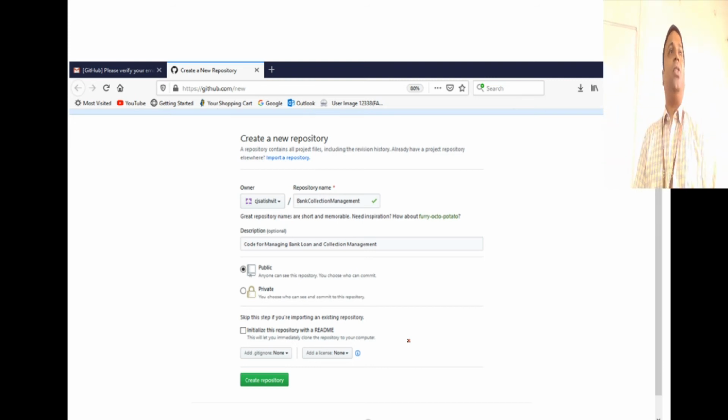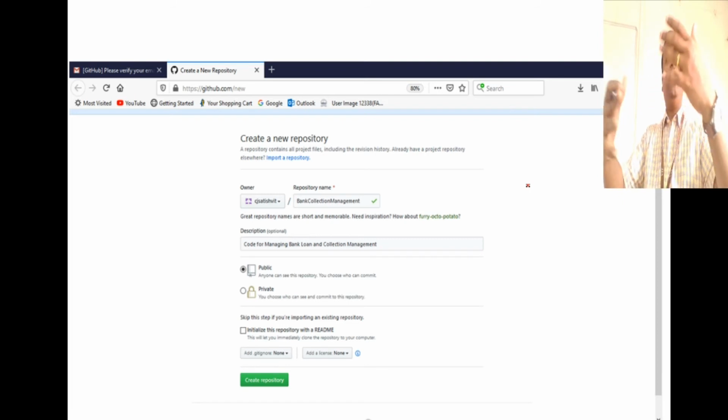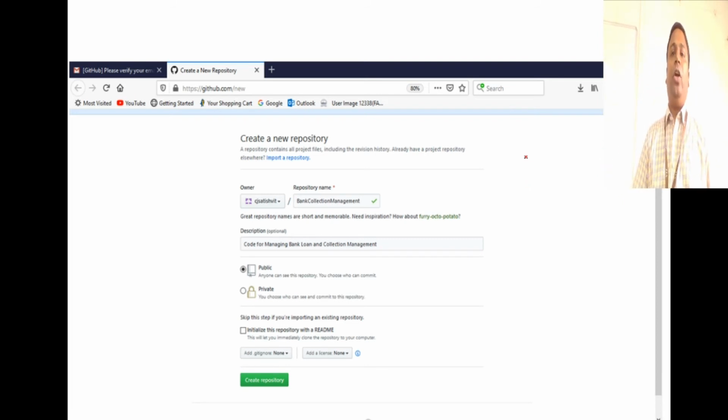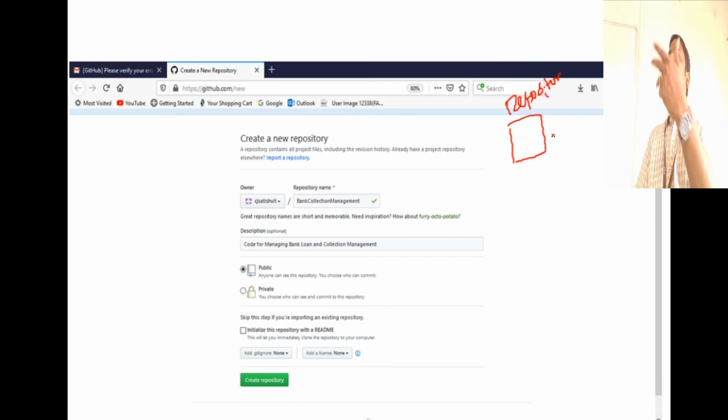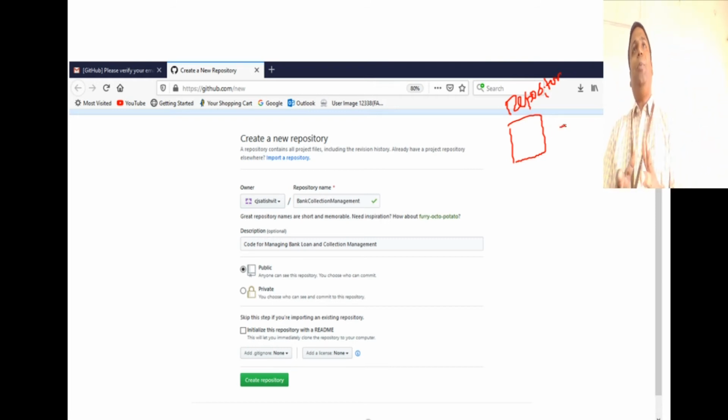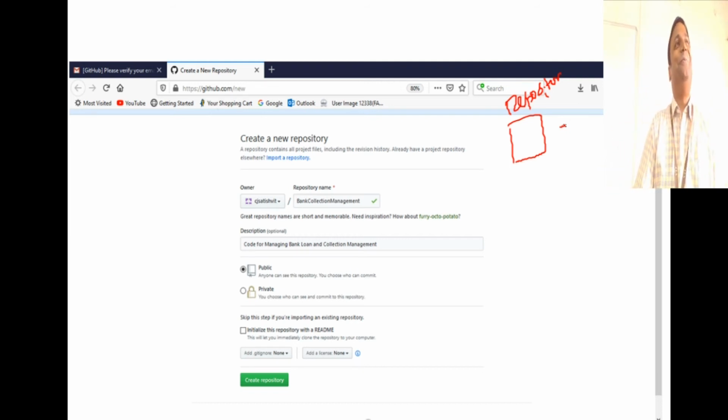But for us, what I have planned is, each team is working on a project and all the 10 members are working on one particular project. So all your code will be overlapping with each other's code. So we are going to create a repository for each team. So I'm going to put up a repository for each team. Say bank collection management can use that collection management repository. Jewel collection management can go with a different repository. Or can we have one repository for all the 6 teams?